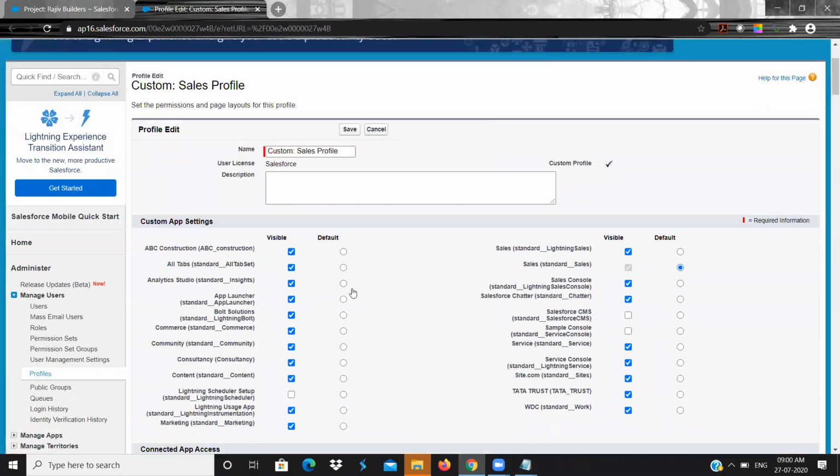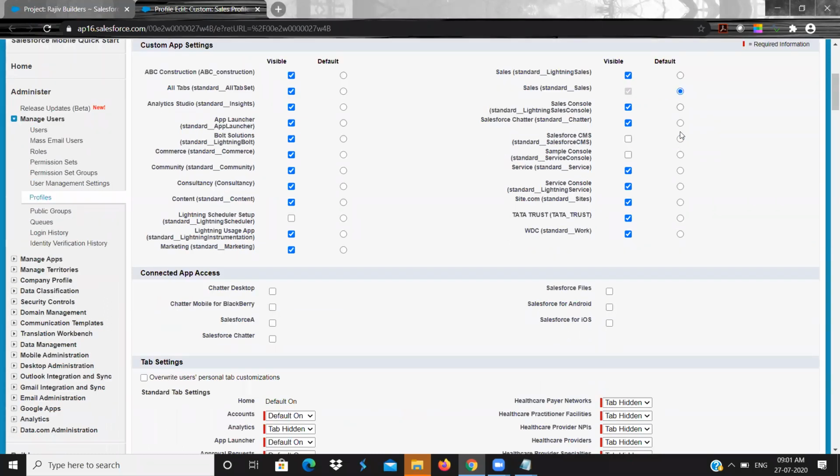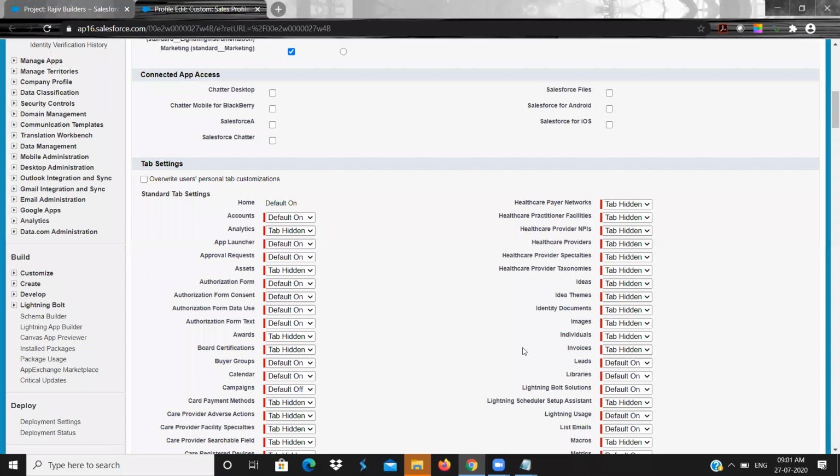you can control apps. Okay, you can check or uncheck the app. If you remove this, the app will not be visible for the user. The default is whenever you log in, you want to launch your login screen to this app only. You can decide like that. If you select the particular app, whenever you log in, that app will be visible, the default app. Okay. So next one is tabs.